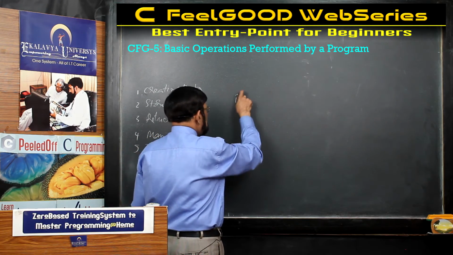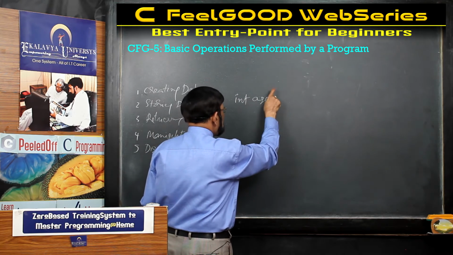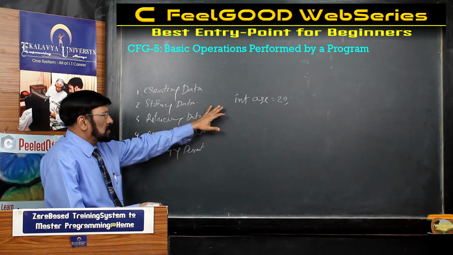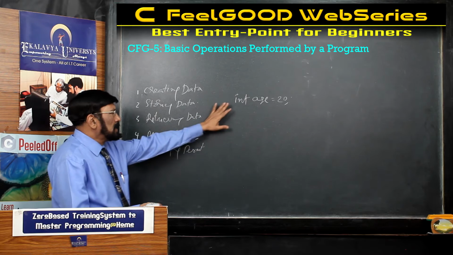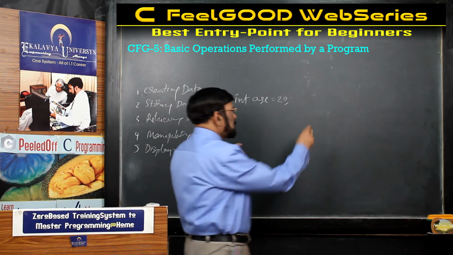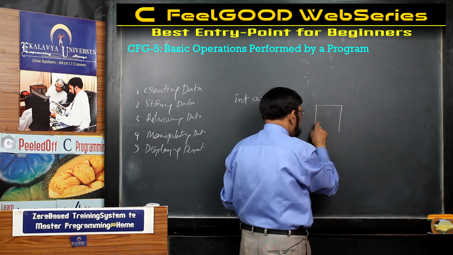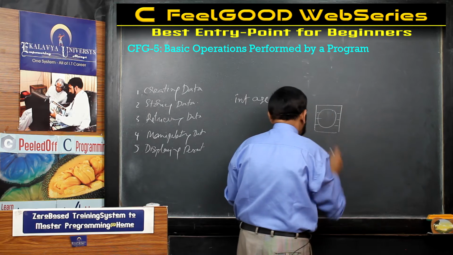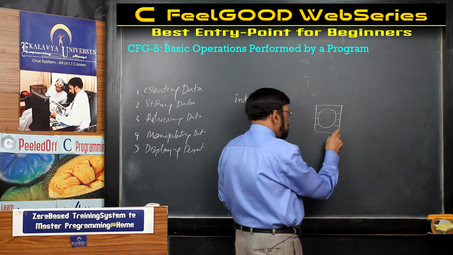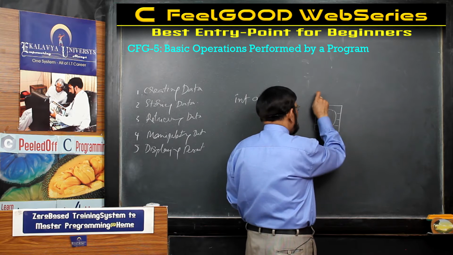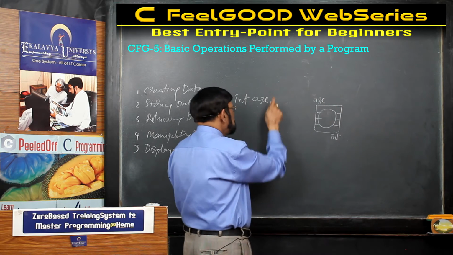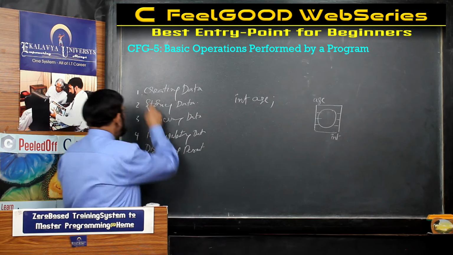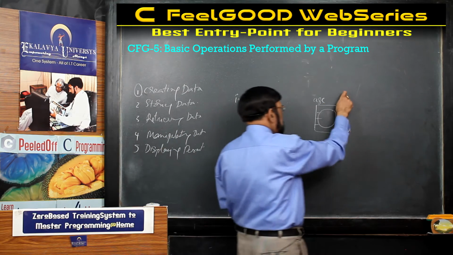Now we see int age = 20. One statement you have written. Don't bother about details; in the first and second program itself, you can know. Int age 20. Then immediately, as a result of this statement, one memory container is created. It is an empty container. Because of this, the memory container is created. So that is called one, creating data.